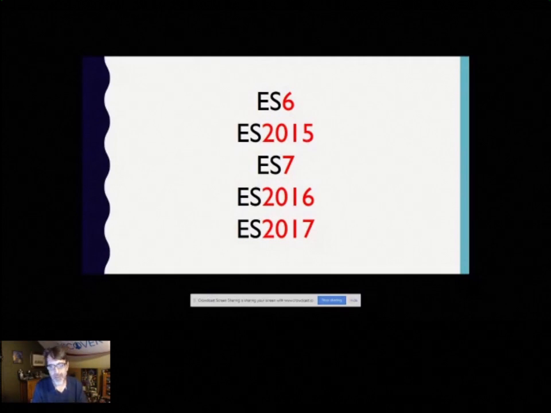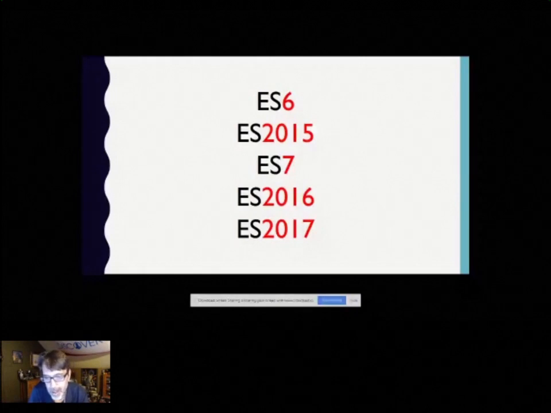What happened is that the ECMA folks actually switched to a yearly release cycle. And when they did that, they realized using numbers like 6 and 7 did not make as much sense as a year-based value. So on the slide that you're looking at right now, essentially ES6 is 2015. ES7 is 2016.